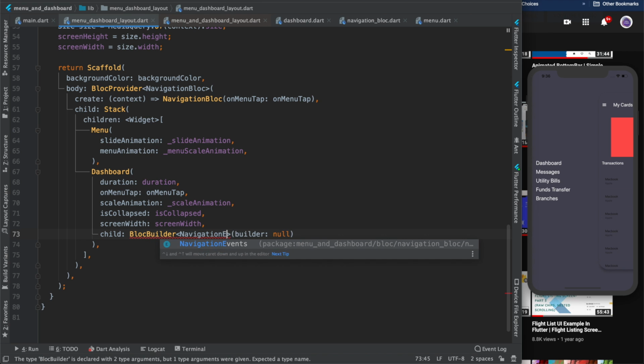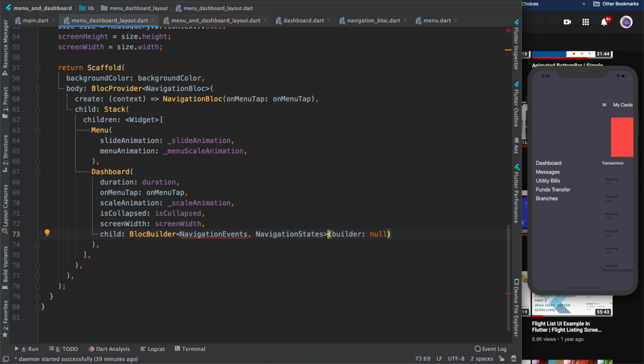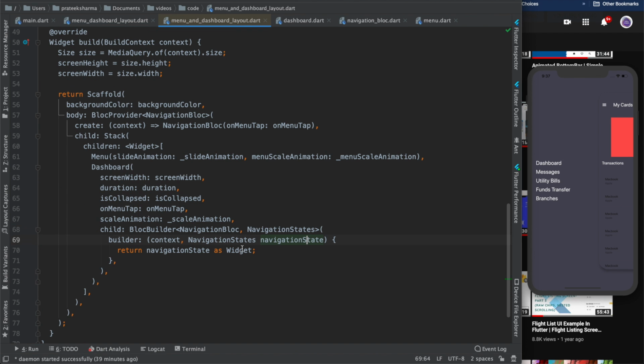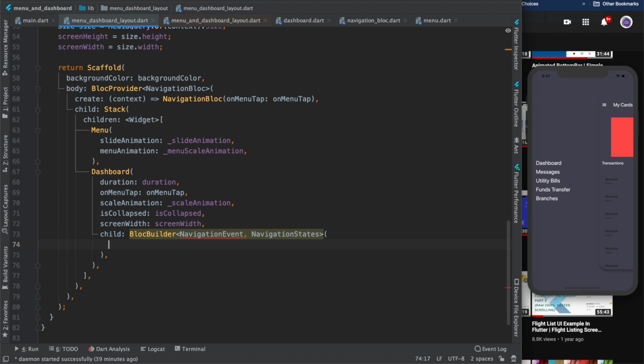So it uses navigation events, navigation states, and then it should return something, right? I just forgot the syntax. So it's a builder. Okay, fine. Yeah, now I remember. Then the builder takes in your context and